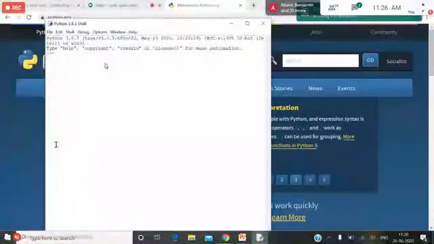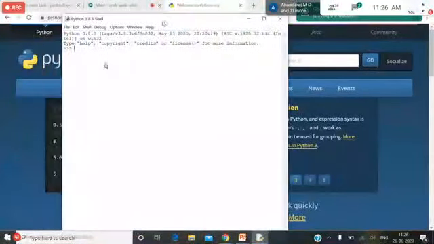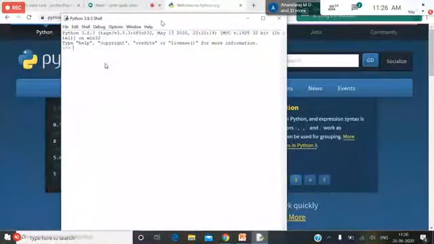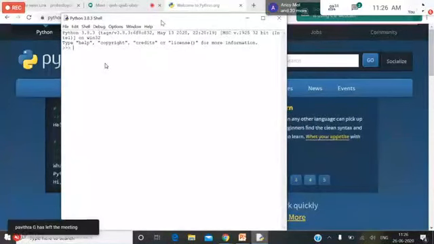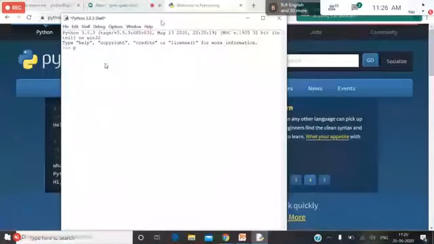As I said earlier, IDLE is nothing but the integrated development environment. As I said very early, if I want to type hello world in my program, in Python I can just type hello world.